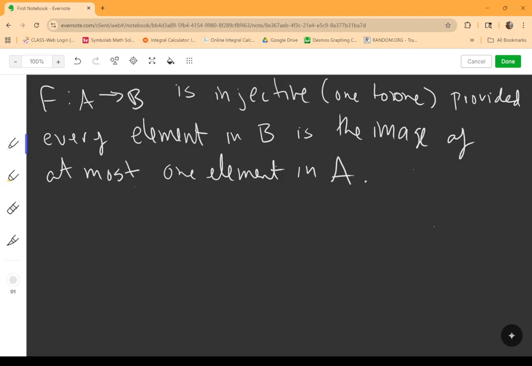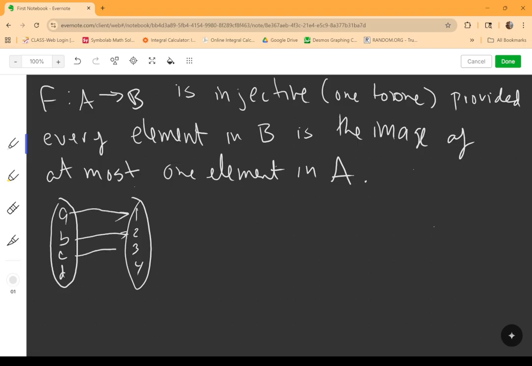All right, so first let's take a look at what this means. Abstractly, if we were to write the set A consisting of a, b, c, d, and the set B consisting of the numbers 1, 2, 3, 4, here would be an example of something that is injective. Every element in B, so here we're looking at the codomain, is the image of at most one element,